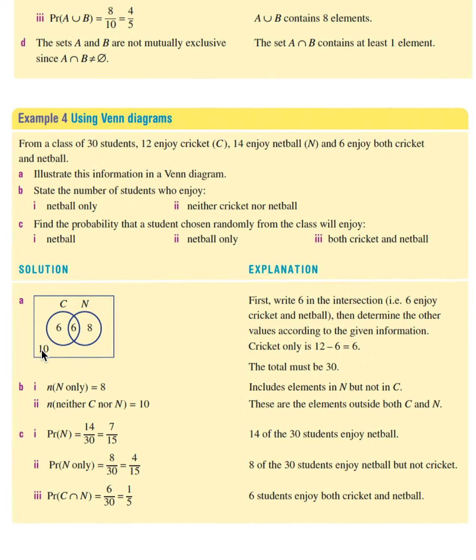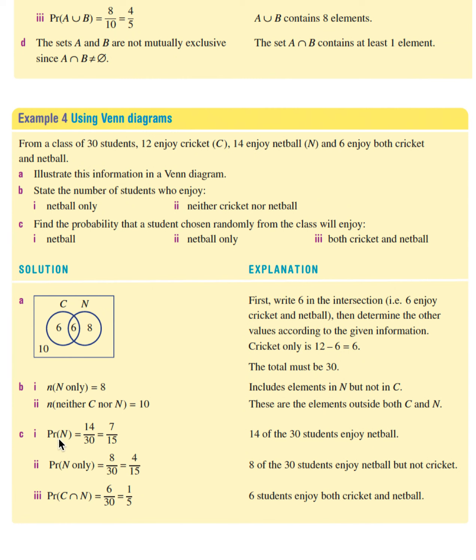So we now want to state the number of students who enjoy netball only. So we write number, so remember that n is for number, and only equals 8, because these 8 are the ones that enjoy only netball. Neither cricket nor netball, they're going to be the 10 sitting on the outside that aren't included in the circles of our Venn diagram. The next part is find the probability that a student chosen at random from the class will